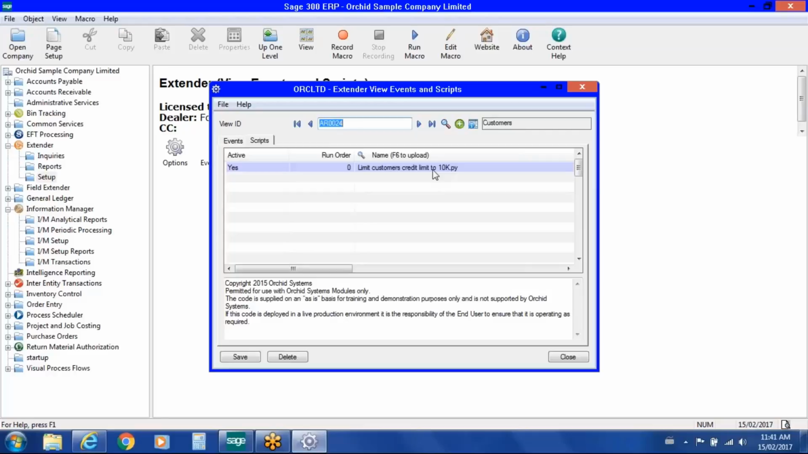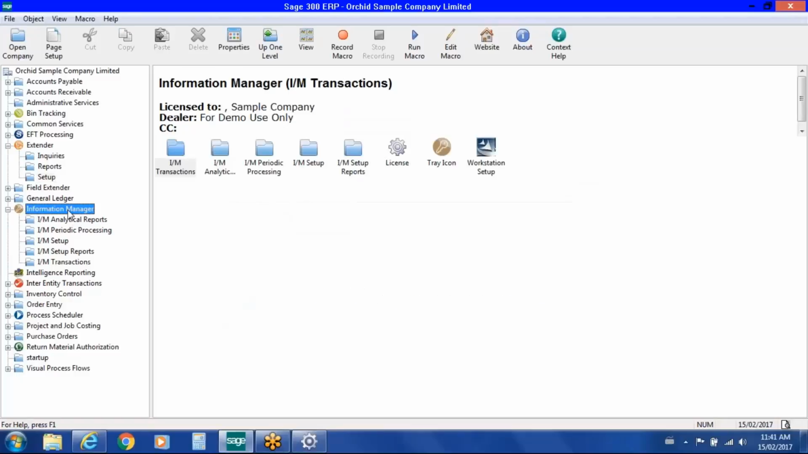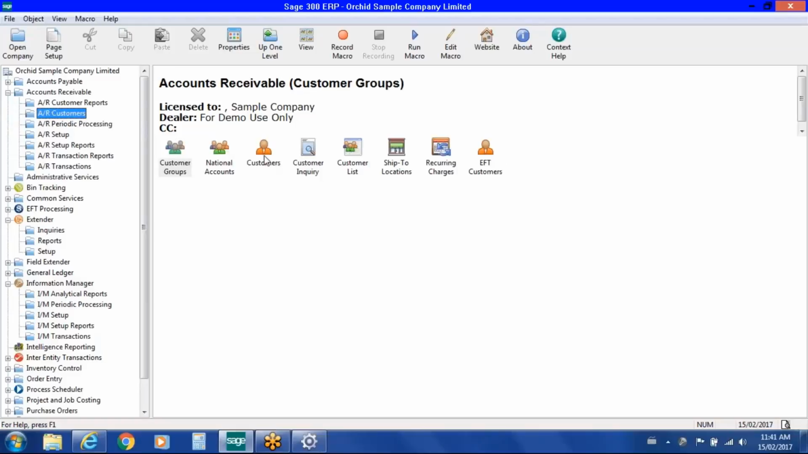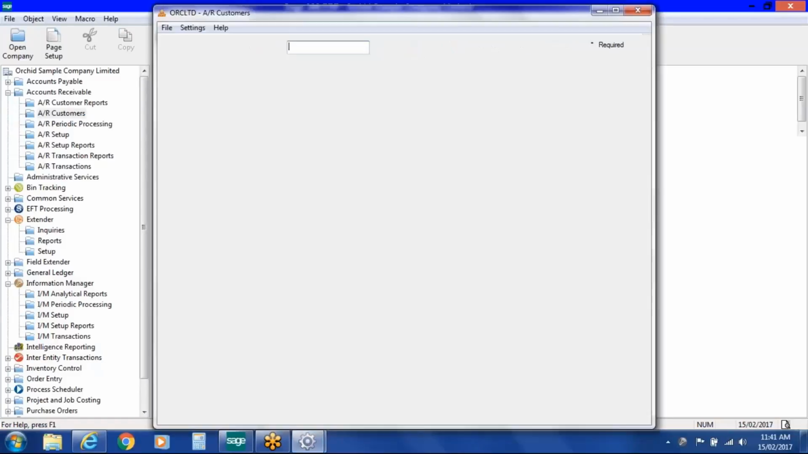I can still give users access to the field, but I can just set parameters for what an acceptable value is within that field. And so this is another way that we can extend the core functionality. So using this as an example, I'm going to just turn on the tray icon so that the note pops up for us. When I look at the AR customer credit limit against my AR customer, I can